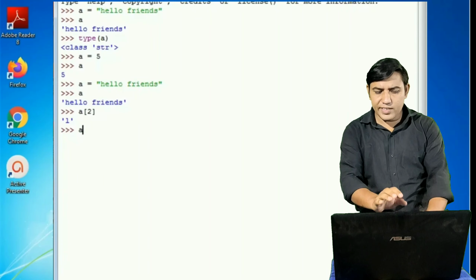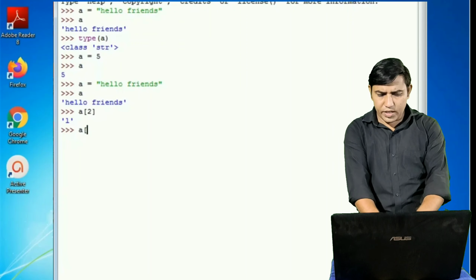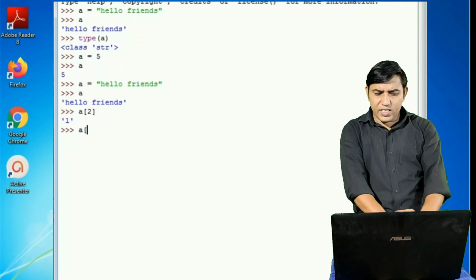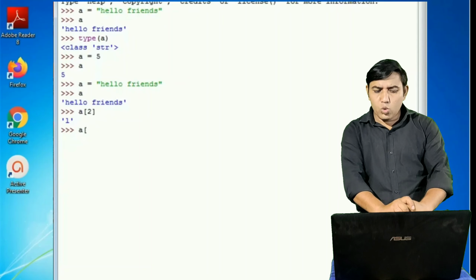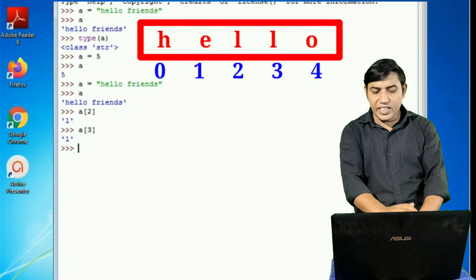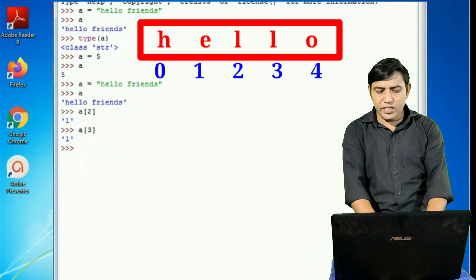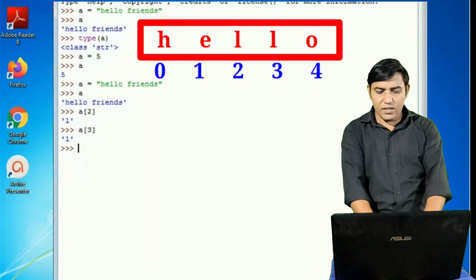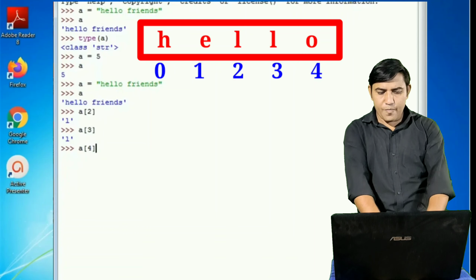It's not a 1, it's L. Now I'm going to write 3. So you can understand that this means I'm going to print the L at that indexing value. 2 and 3 are the indexing values. 3 is also L. You can see 0 is H.